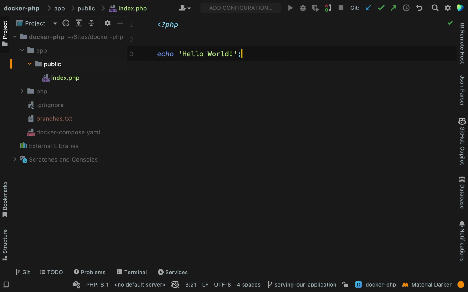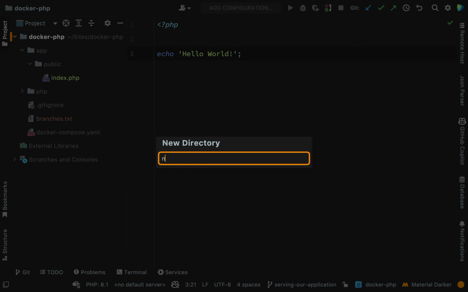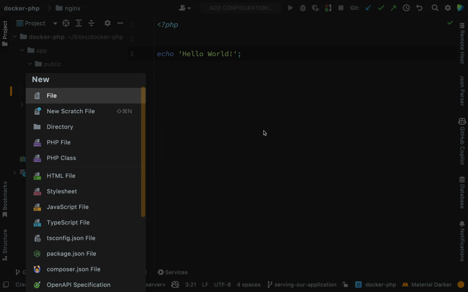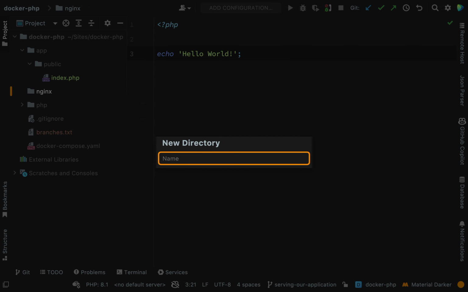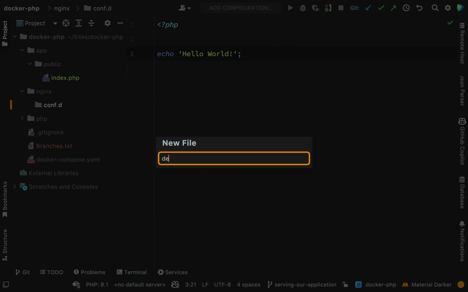Next, what I want to do is create my Nginx config file so that I can actually point it at my index.php file. And so again, I'm going to create another folder at the root level here. We'll call this nginx, and I'm going to try to mirror the folder structure that we saw on the server there. So inside of nginx we had a folder called conf.d, and then inside of that folder we had a file called default.conf, and so we're going to create the same thing here,